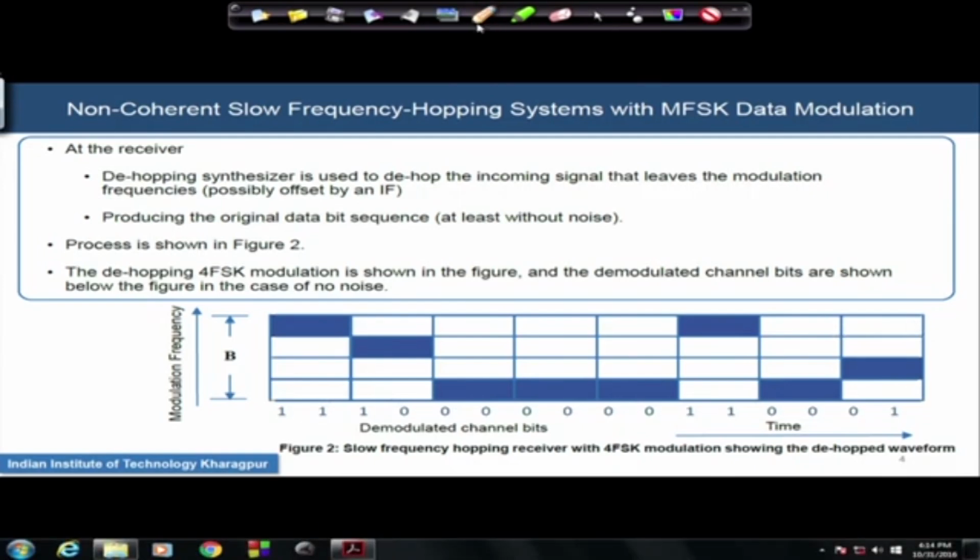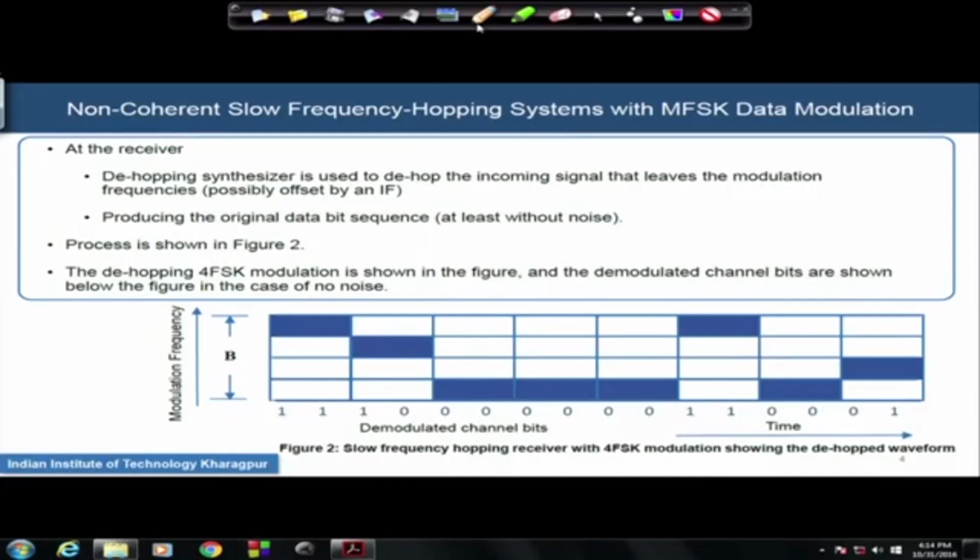In the receiver, a de-hopping synthesizer is used to de-hop the incoming signal, which first removes the hopping frequencies. For example, we were hopping over F1 to F2 to F3, say. So, that hopping will be turned off. That is the meaning of de-hopping, and they will produce the original data bit sequences. If we consider that we do not have any noise in the system, then the de-hopped and demodulated channel bits will look like this. See, after this is a modulation bandwidth. We saw in the earlier